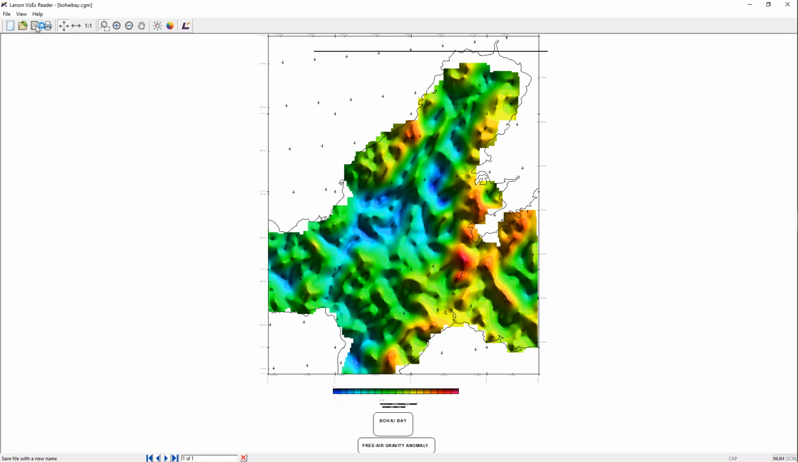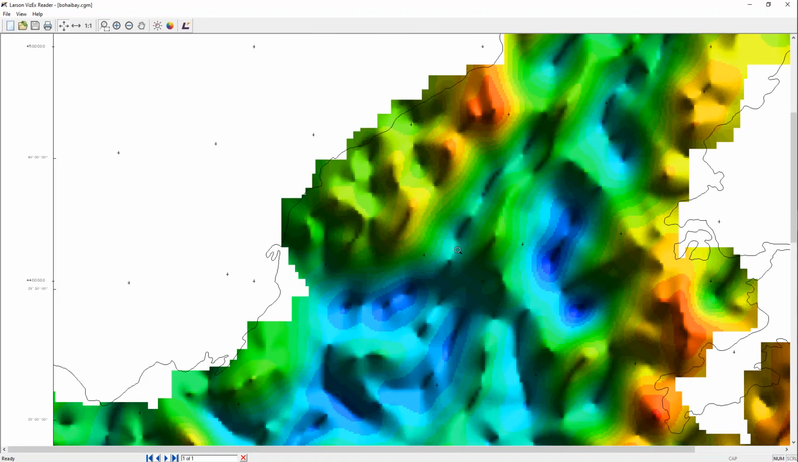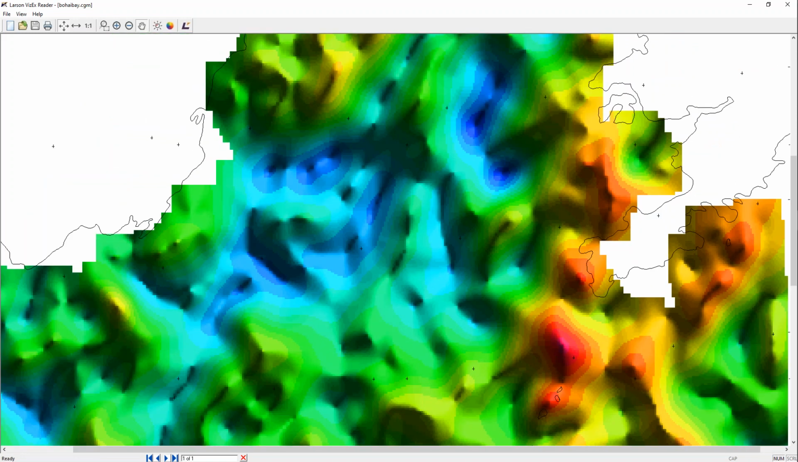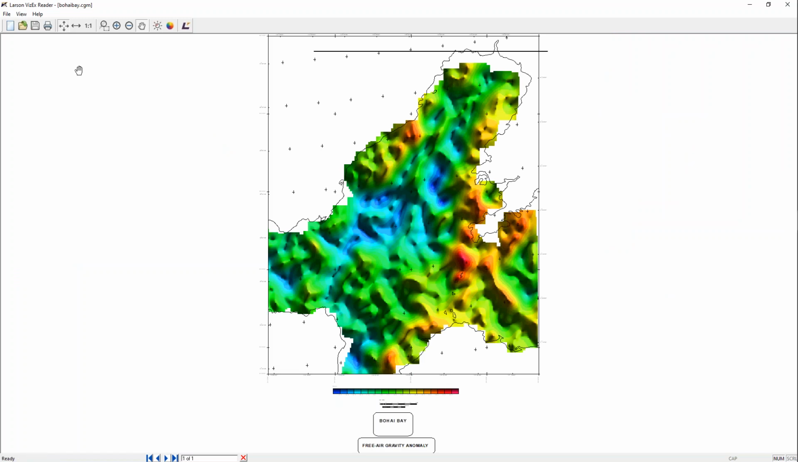So on here we can save it, but it doesn't really make much difference to us because we can't really save it as other formats. We can obviously print. We can zoom in on a particular area, and we can pan around the graphic. So we could print for a report or something like that. I can resize this to fit into the